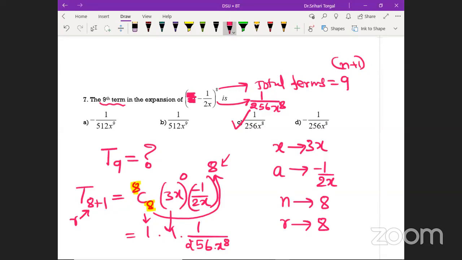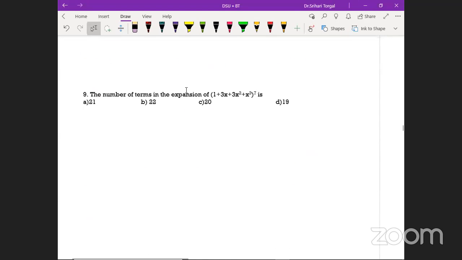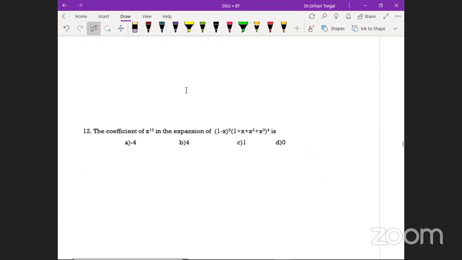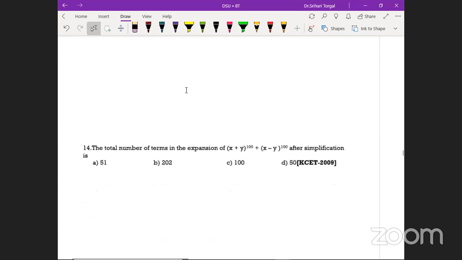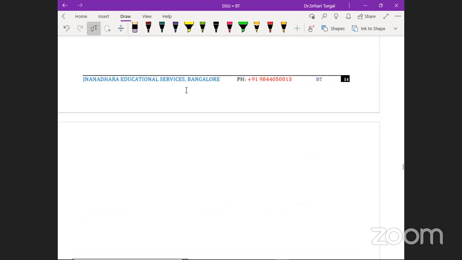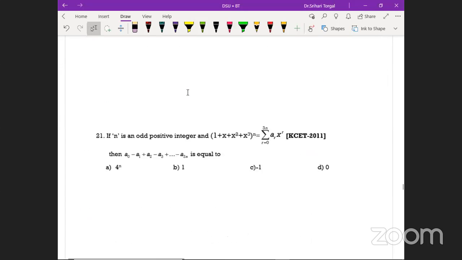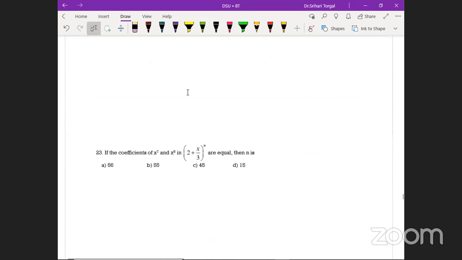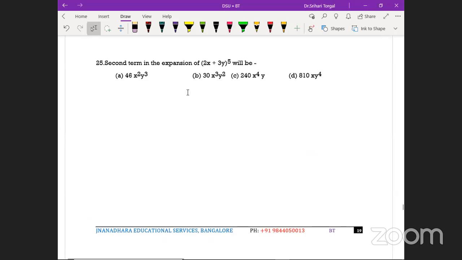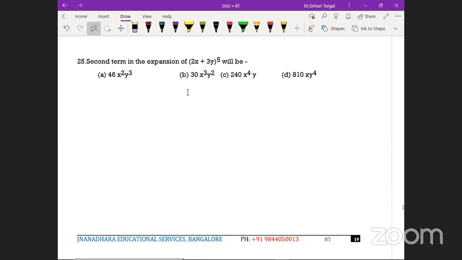Okay, right. Now, let me check if there are any other problems of the same type. Yes, please do this problem. Second term in the expansion of